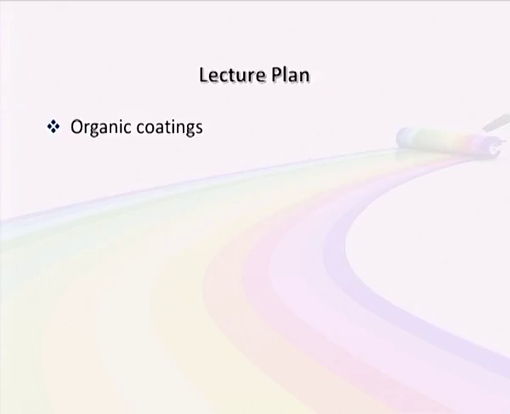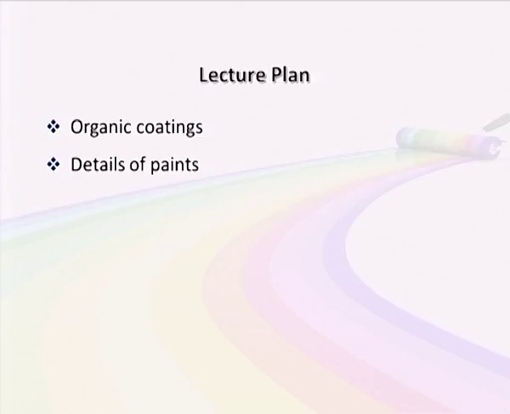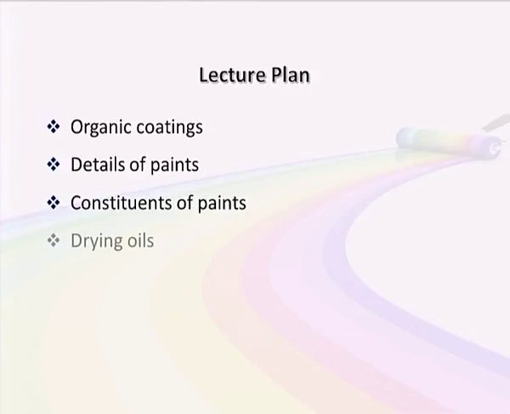Now, in this lecture, we will be discussing organic coatings. In the organic coatings, we will be discussing the most important type of organic coating, paints. We will learn the details of paints, what the various constituents of paints are, and drying of oils and solvent